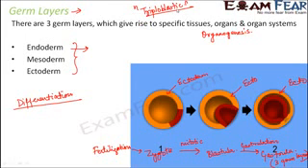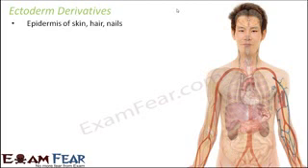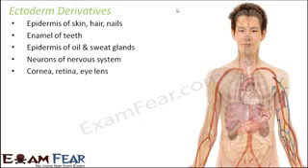Now let us see how each of these three layers, endoderm, mesoderm and ectoderm, differentiate to form various organs. Let us start with the ectoderm derivatives. Ectoderm derivatives means the tissues or the organs which are formed by differentiation of ectoderm. So it forms the epidermis of skin, hair and nails, that is the outermost layer of skin, hair and nails. Enamel of teeth, epidermis of oil and sweat glands, neurons of nervous system, cornea, retina, eye lens, external ear, mammary